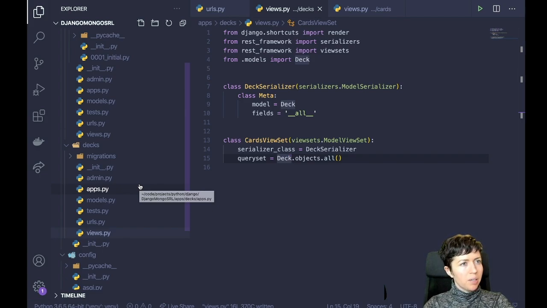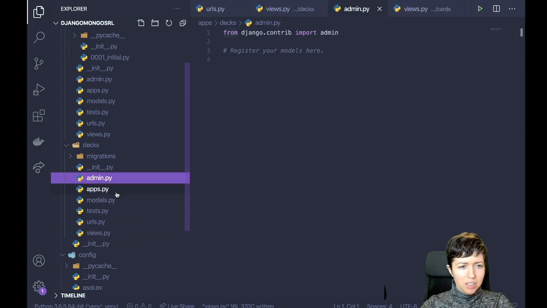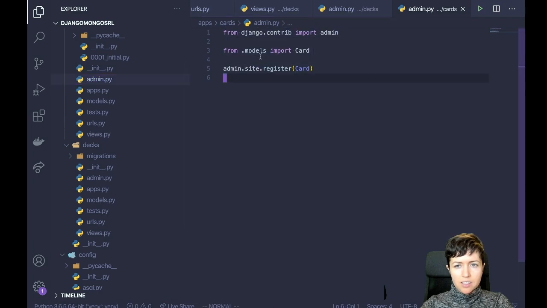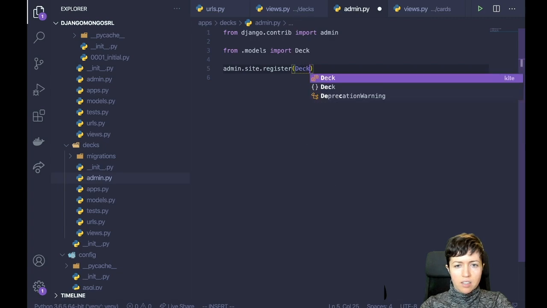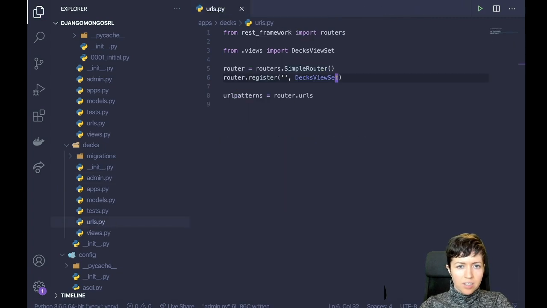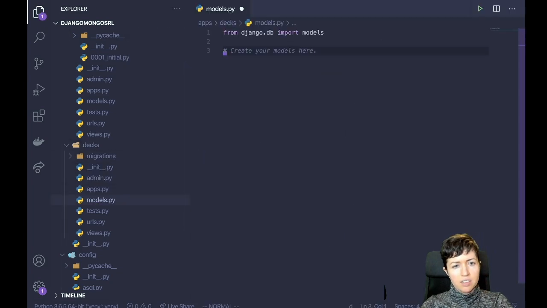Yeah, because there will be a bunch of cards per deck, and cards cannot be associated with many decks. It will just be one deck. Okay, so models, let me copy over the admin too, why not? Okay, and then the admin here, so I'll change this to deck and then this to deck. Okay, so get rid of all of those, and now I just need to create a model for decks here,